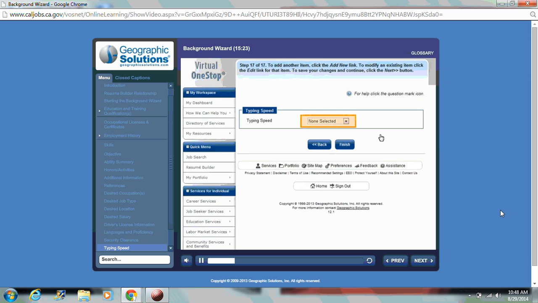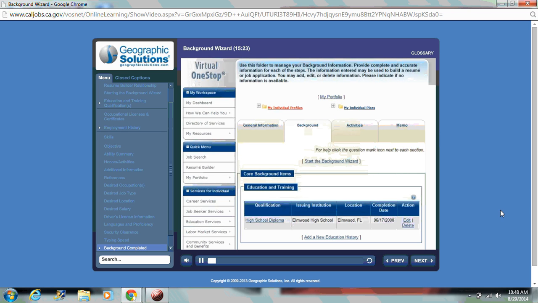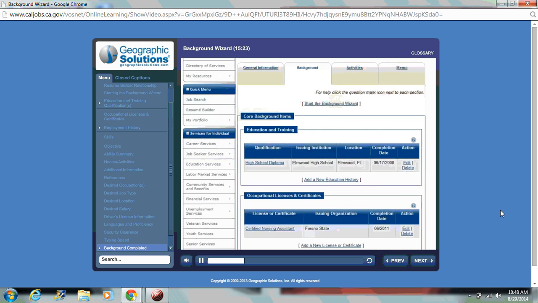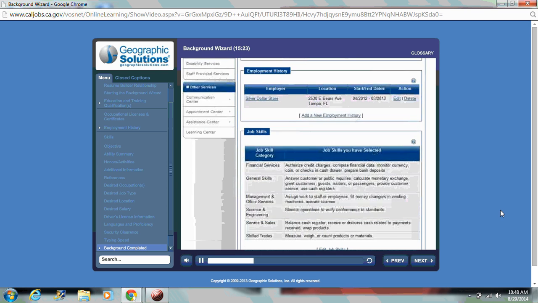Finally, if applicable, select how quickly you can type on a keyboard from the Typing Speed drop-down button. Then click the Finish button. The system now displays your completed background information. This will streamline the process of building your resume and will provide one-stop staff members a great resource to help